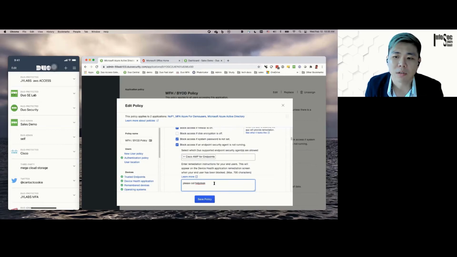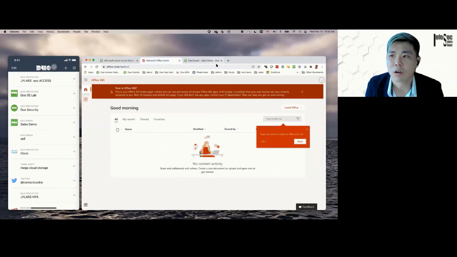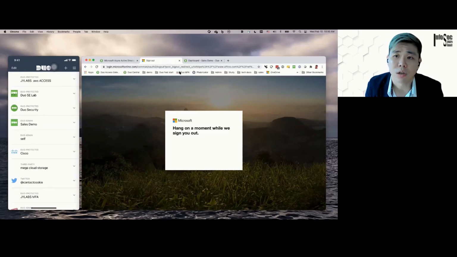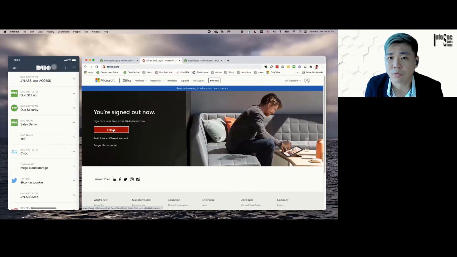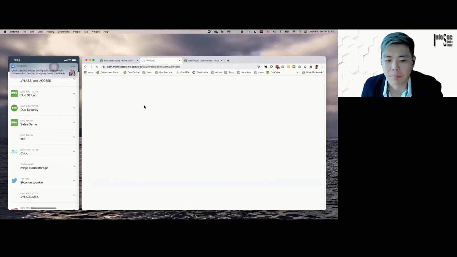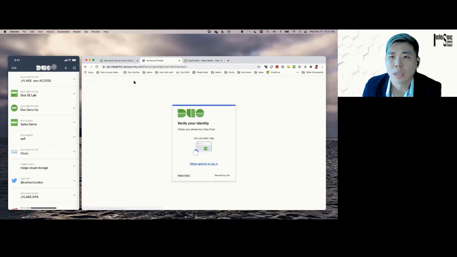So if something is amiss, they will have to call the help desk. So let's save this little policy here. And let's try to log on to Office 365 now with the user. So I'm going to be using a user connecting to the Office 365 system. Right, so let's go ahead and sign into Office 365 as this user. Right, so the user keys in the username and password. So we do the endpoint checks,